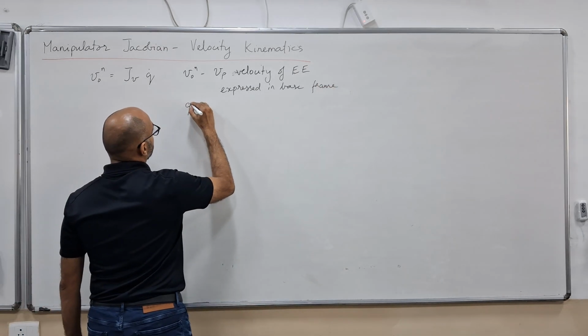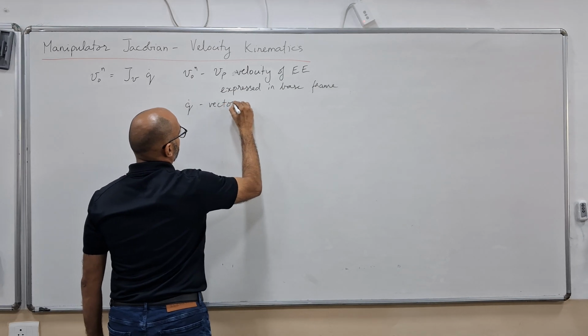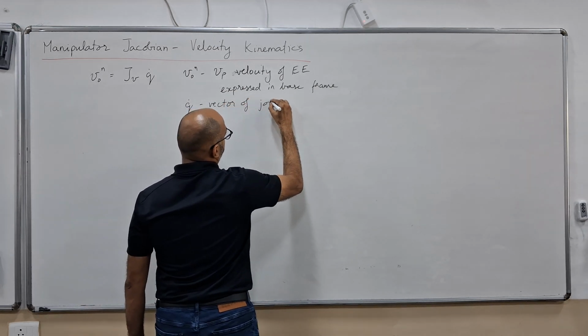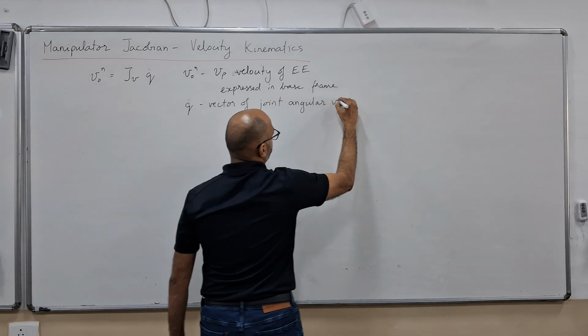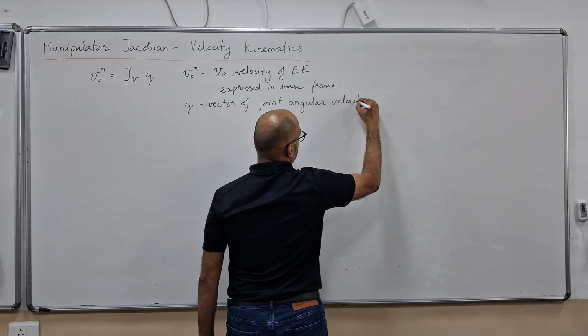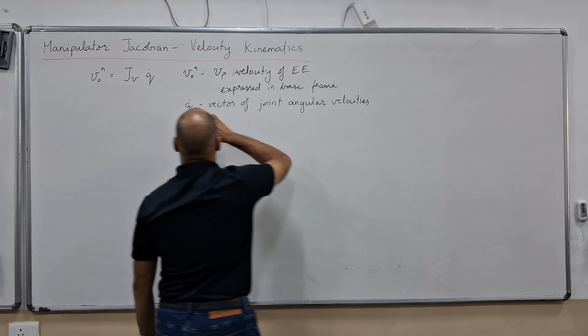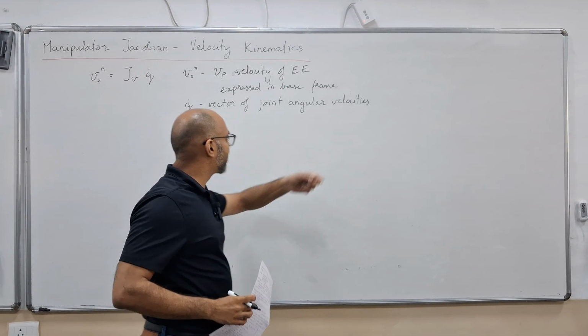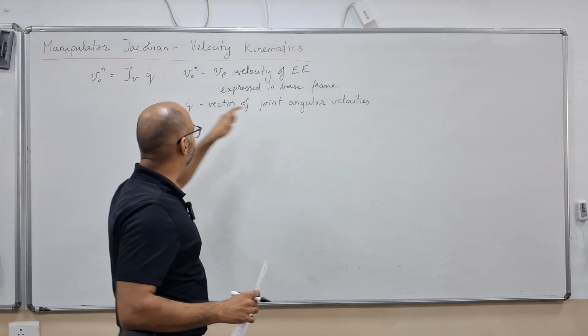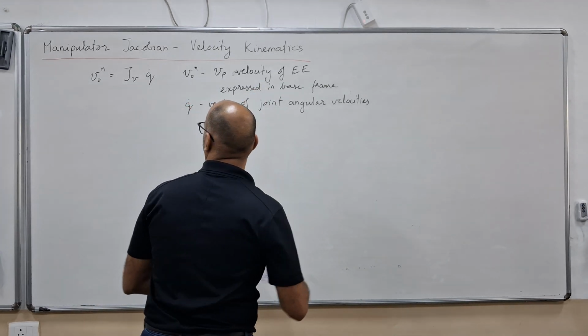Q dot is the vector of joint angular velocities, and when you have a prismatic joint, then it's really not an angular velocity but it's a linear velocity, but